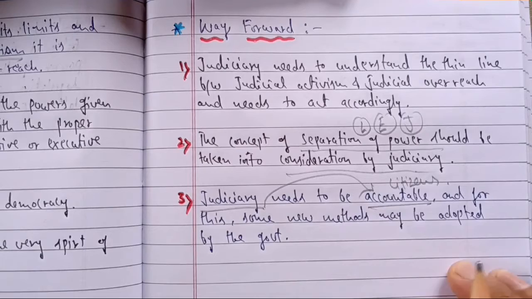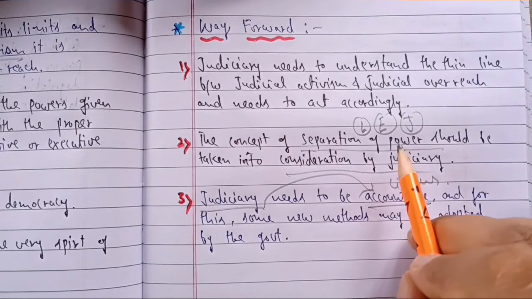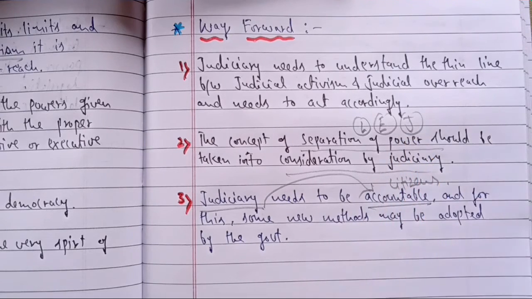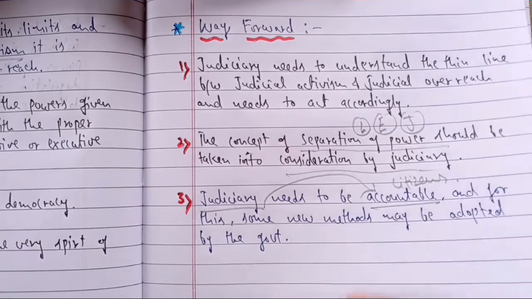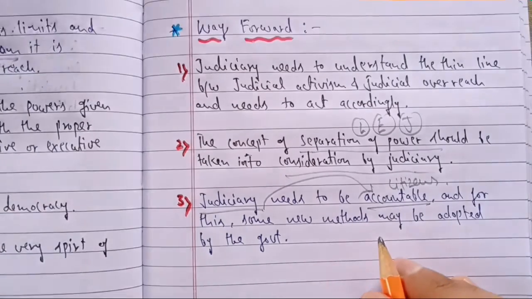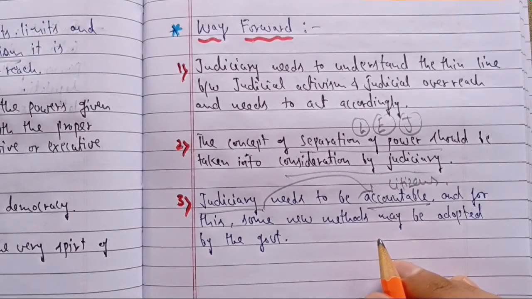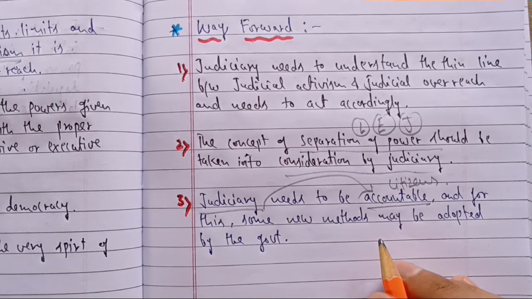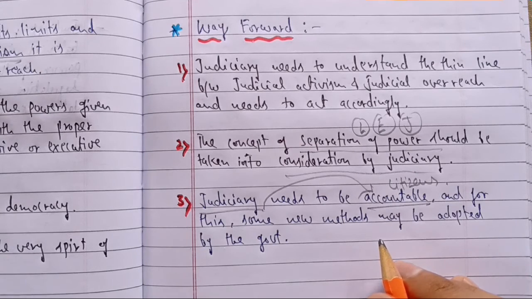Okay, so it is very important for each of the organs, the legislature, the executive and the judiciary, to keep a check and balance on each other, as we cannot say that this organ is more powerful or that organ is less powerful. All the three organs are equally important. It's just that their areas of functioning and jurisdictions are different, and they are important for each other as well. Without one or the other organ, we cannot function properly.